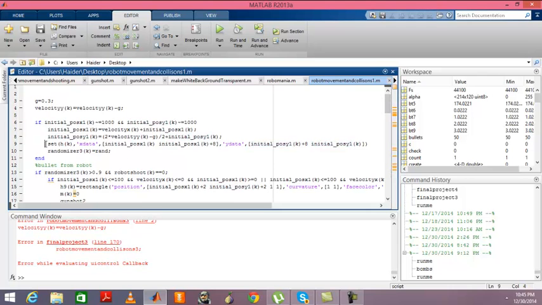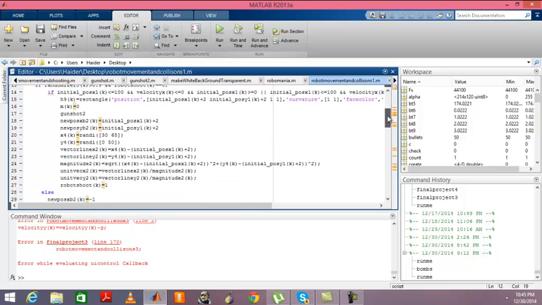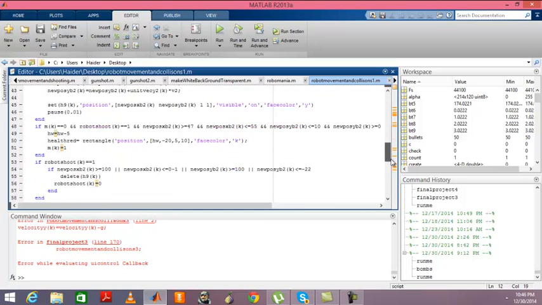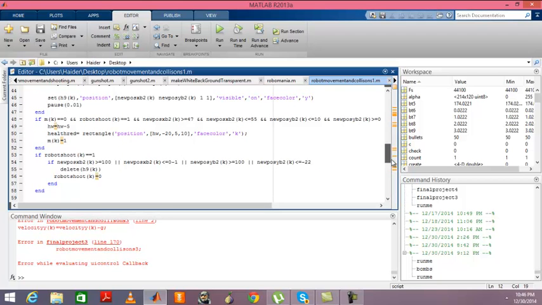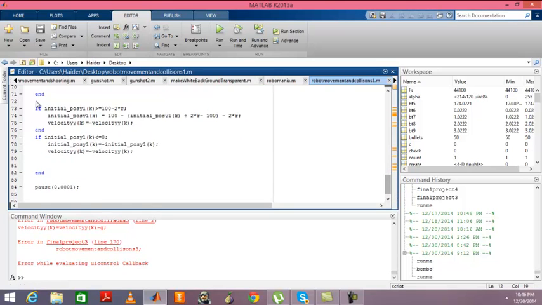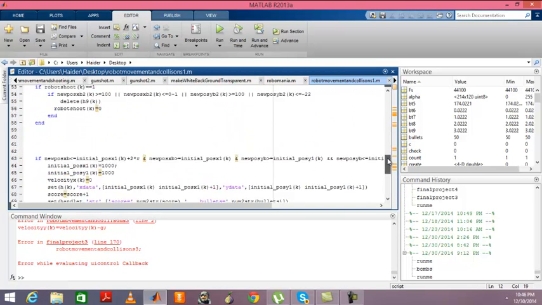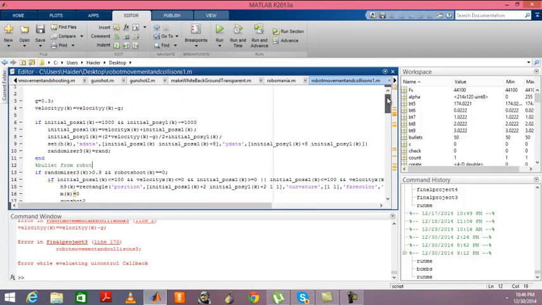Now this part says bullet from the robot, and the robot shoots a bullet. It's the same code as the other one, the shooting of the user. These are just conditions again, right? These over here, conditions. Okay, so now